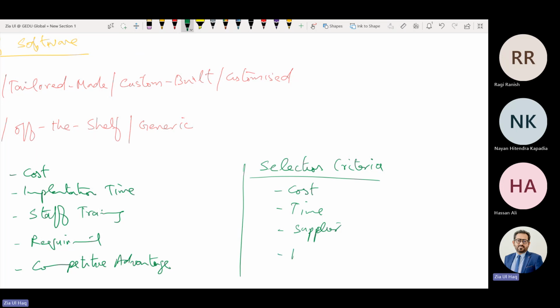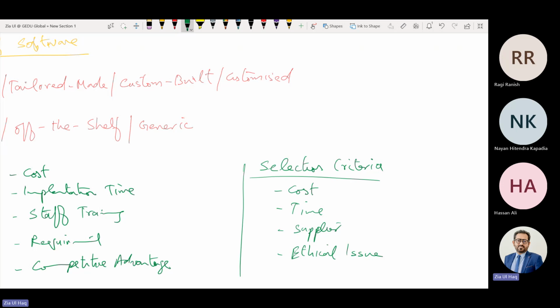We need to focus on some ethical issues as well. The generic software is available, but who is providing it? Any software company, their name is good, their repute is good. But suppose that the software supplier is based in Russia or in Israel, so there could be some ethical issues because due to war, people don't prefer to buy Russian goods. In some countries, Russian goods are banned. If you are using that, might be you will be losing your customers.